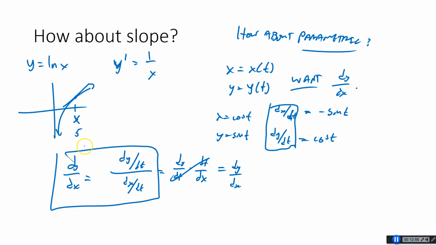So if you want to know the slope of a curve in terms of y and x, you just do the derivative of y divided by the derivative of x. Now, if you need more proof,